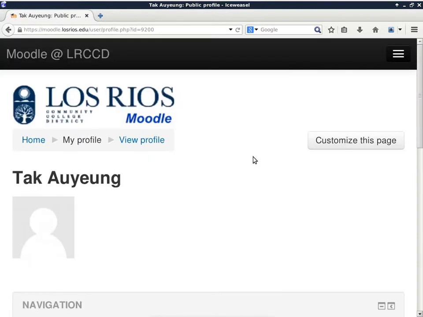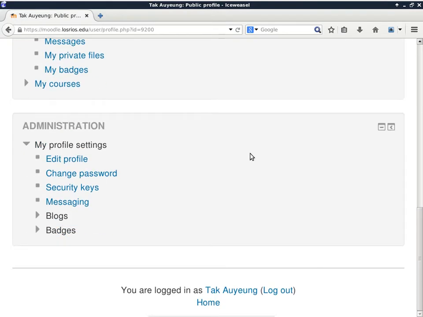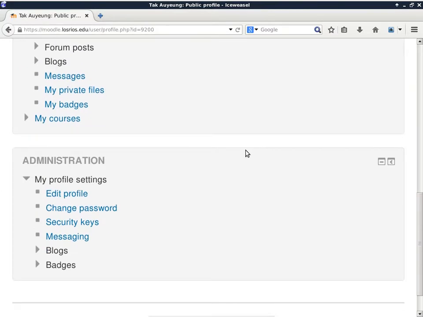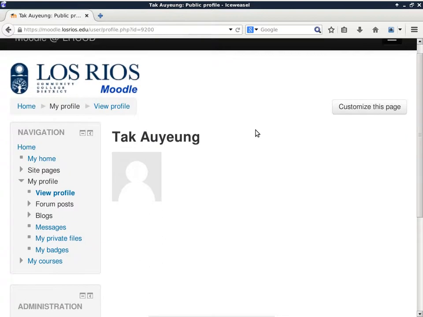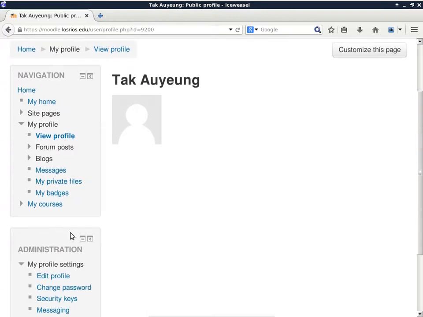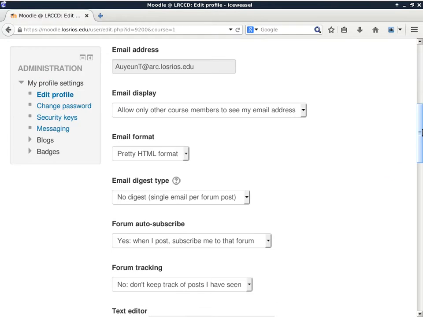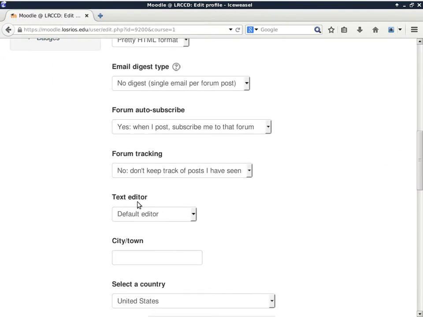And in View Profile, you will find, where is it? I zoomed out way too much, so let me, okay, so in Edit Profile, there we go. So after you click View Profile, you can click Edit Profile. And when you go to Edit Profile, you can see there are several things you can change. The one that I want to change is my text editor. The default one is the Atto